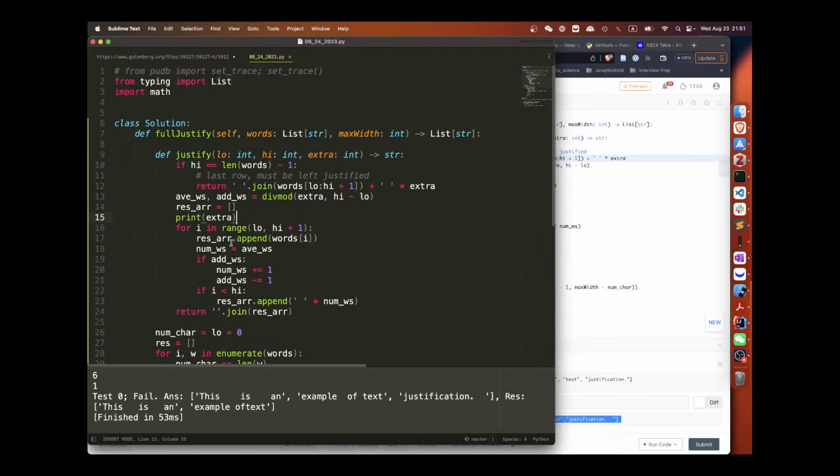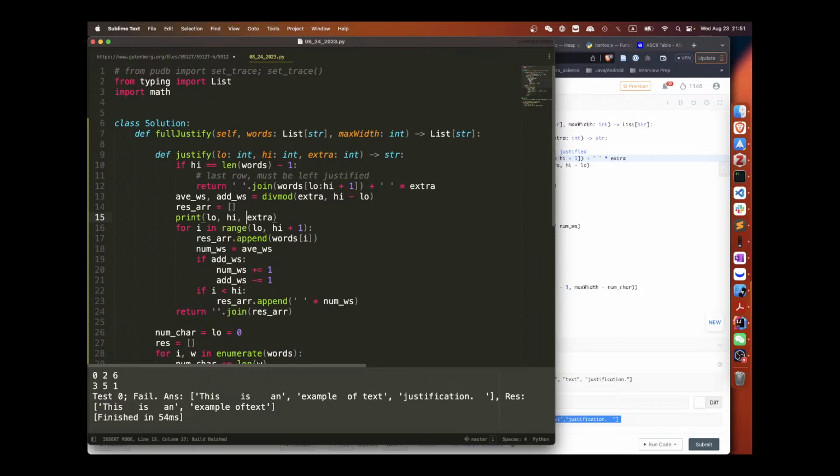This is not correct. 6. When we have 6 divided by high minus low. What's high? What's low? 0, 2.